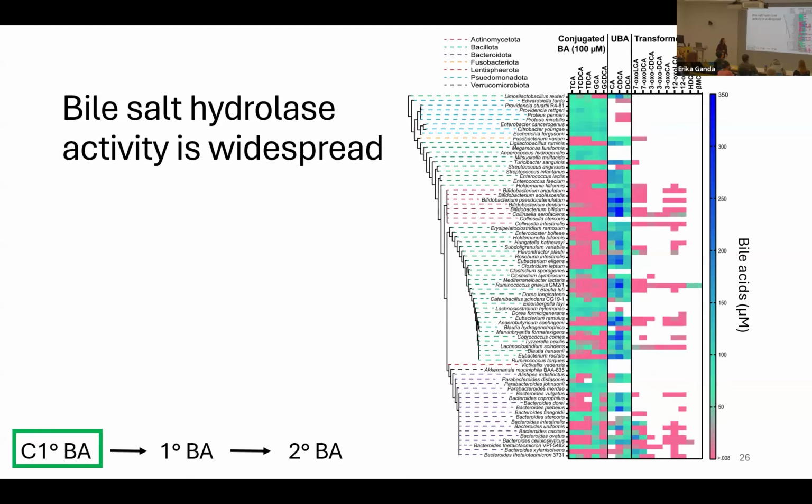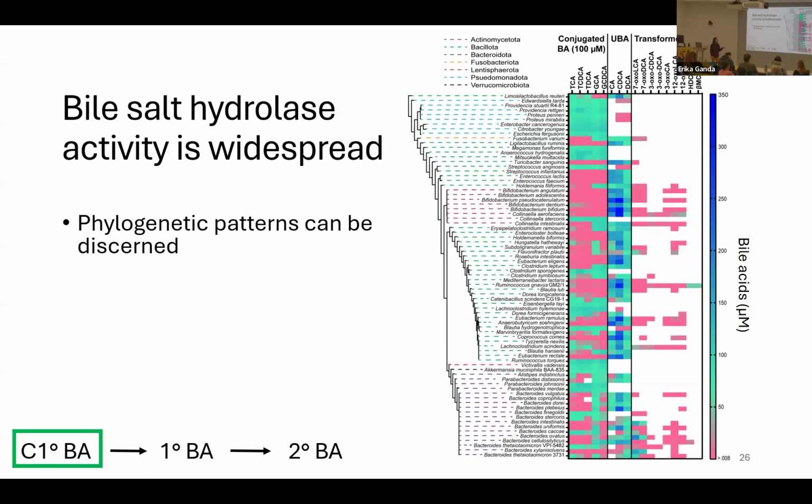And then in the far right column, we have secondary bile acids. And so these were not produced as much as they were in the first study where we were providing unconjugated bile acids. But we still see in the Bacteroidota, there was a phylum name change between the 2 papers, the Bacteroidota are still producing our 7-oxo bile acids like they did in our initial study. And we see some other more unique transformations that are consistent with the literature and our previous study.